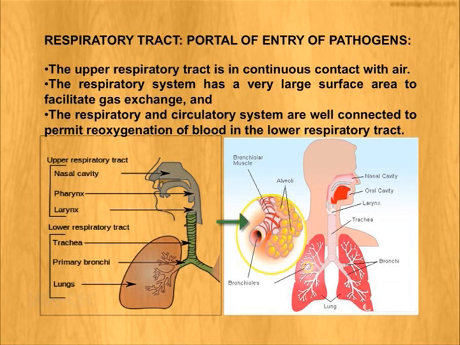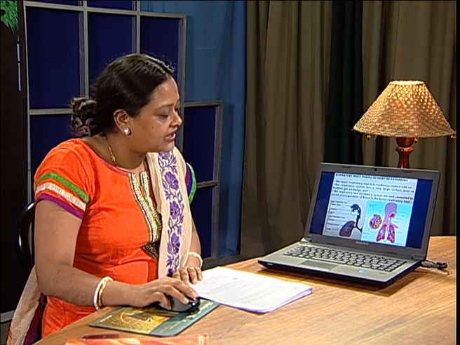Isn't it? When we respire, we take in oxygen which needs to be given to the blood, and the blood gives its deoxygenated air which is taken by this system and given out in the form of CO2 to the outside environment. So a large surface area is very important. On the other hand, this also helps in the establishment of infection by organisms, which can be present in numerous numbers over a wider surface area.